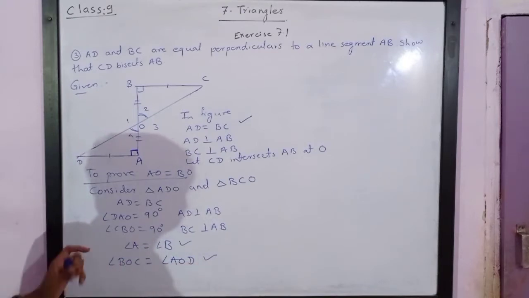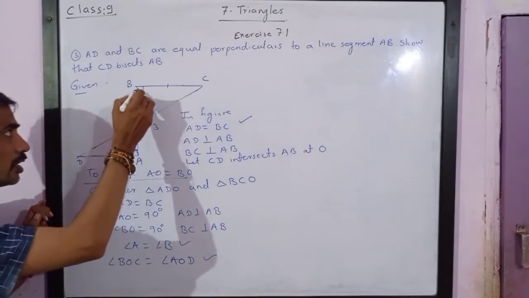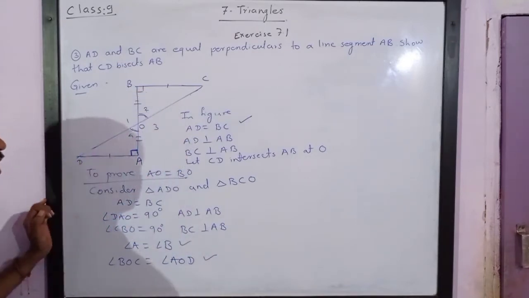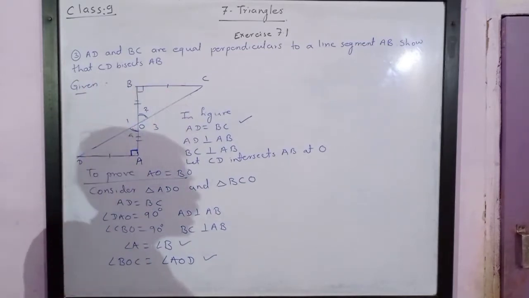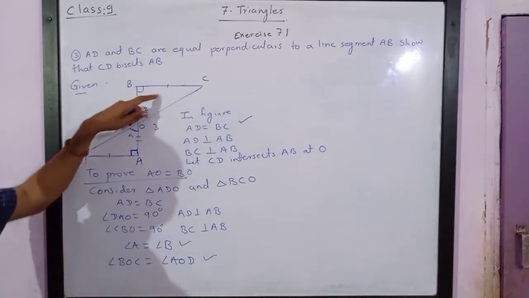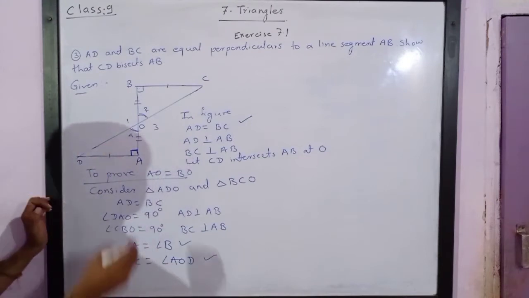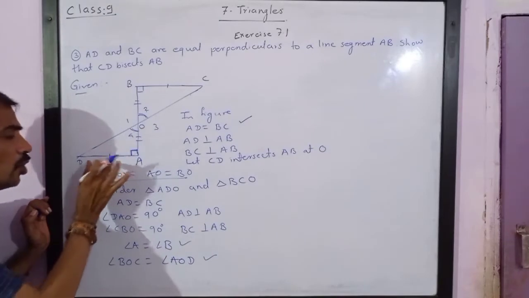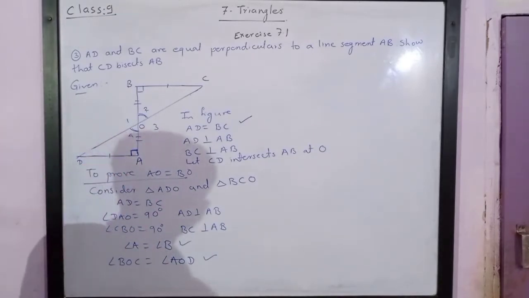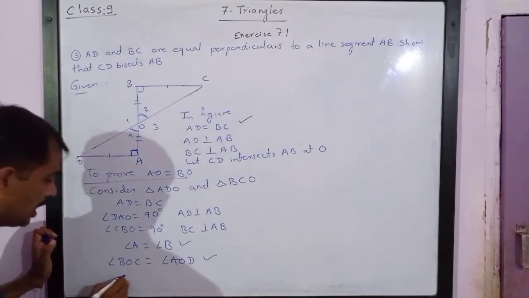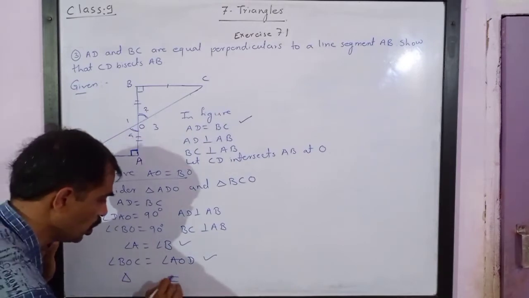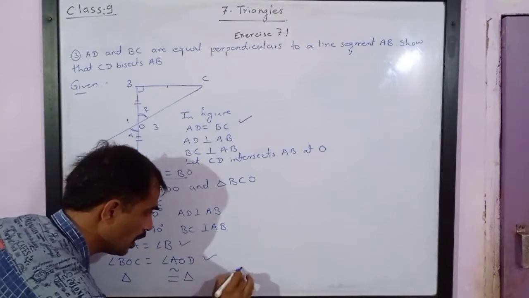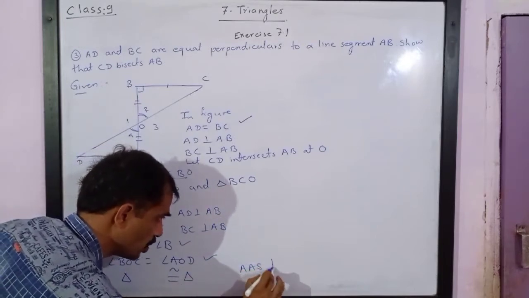Now watch carefully. We have got two angles congruent. This angle is congruent to this angle, and one of the sides is congruent to the other corresponding side of the other triangle. It means these two triangles are congruent by two angles and a side, but this side is not included between the angles. So it is the AAS test. Therefore, I can say that the triangles are congruent by the AAS test.